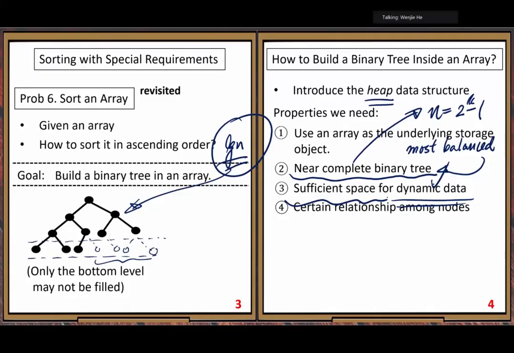Then there is a certain relationship among nodes. So when you define a parent-child relationship, all right, how much space is sufficient? Here we need to answer the question. Because the sufficient space